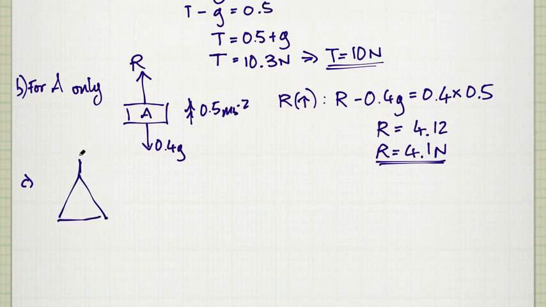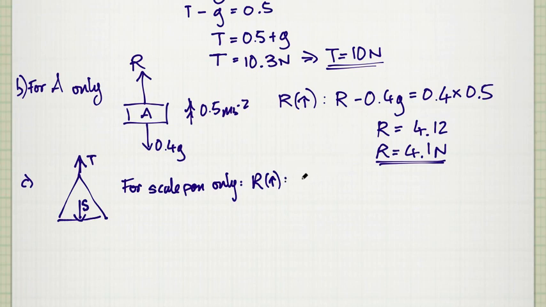It's being pulled upwards by a force T in the string, and the force acting downwards on the scale pan from B, we can call that anything, but the textbook calls it S. It's a downwards force acting on that. Again, I should put "scale pan only" to make it clear what I'm considering in this. And resolving vertically,